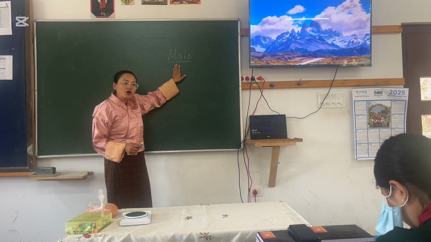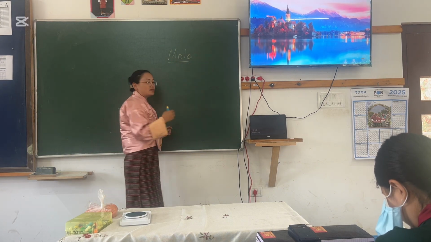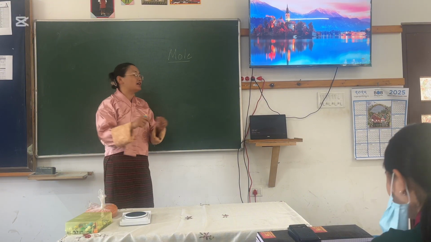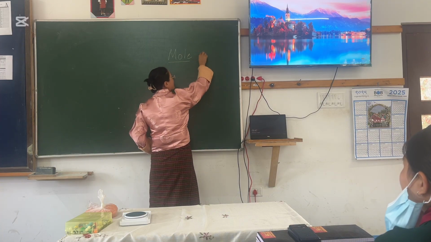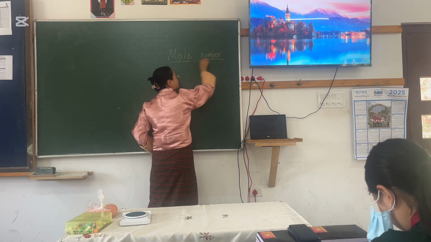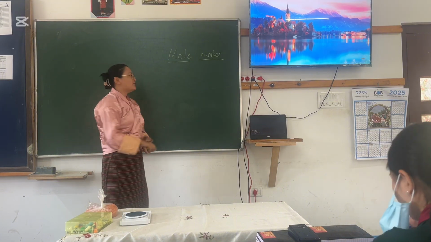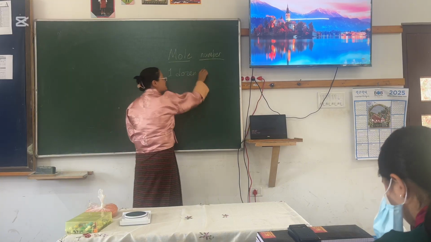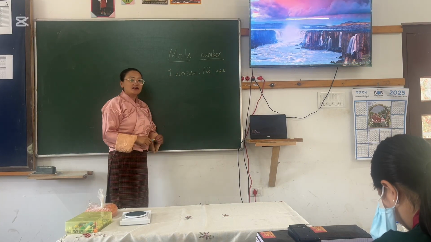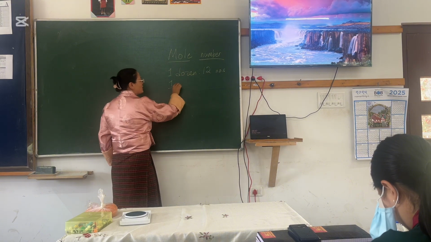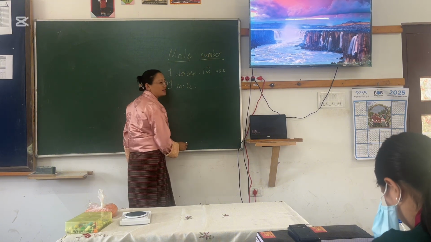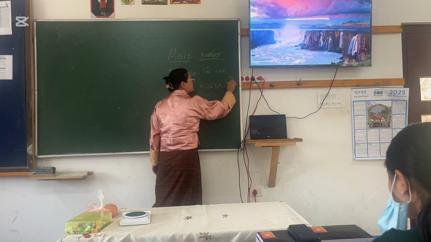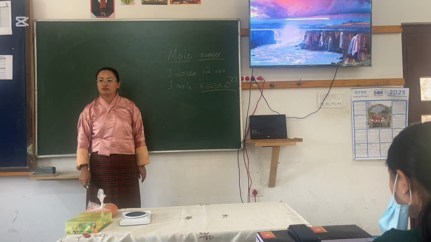Alright. But mole, just remember, doesn't mean the mole which is on your face, or an animal like a rat called mole. It's not that mole, alright? In chemistry, remember, mole is just a number. For example, when we say a dozen, what is the number? It means 12 numbers, okay? Similarly, in chemistry, when we say 1 mole, the number is 6.023 times 10 to the power 23.